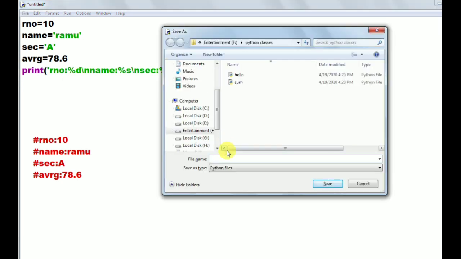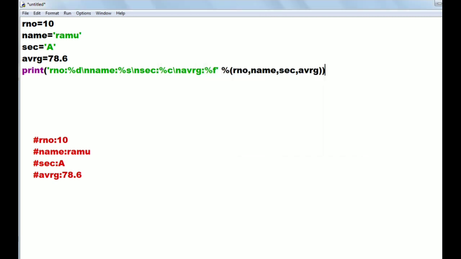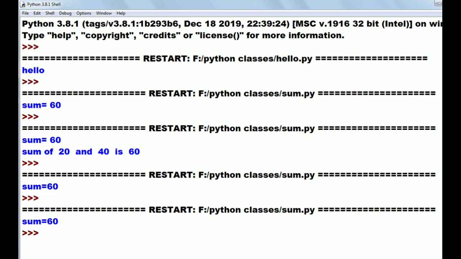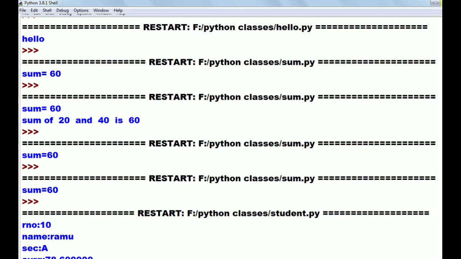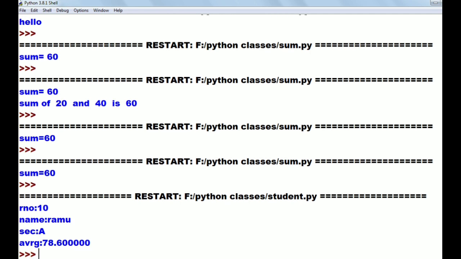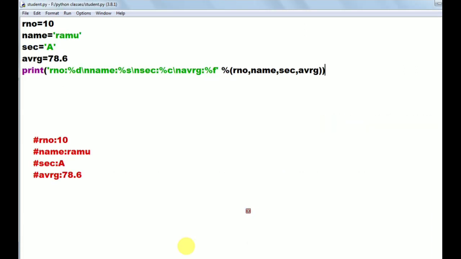Now see the output. It is printing the output as roll number, name, section and average. So here, to print an integer value we used %d, to print a string %s, to print a character %c, and to print a float %f.